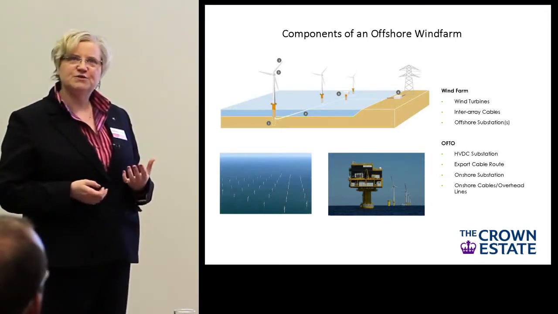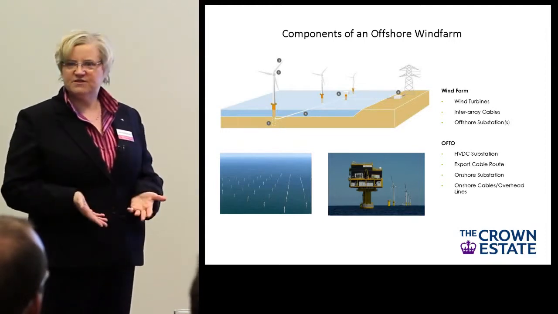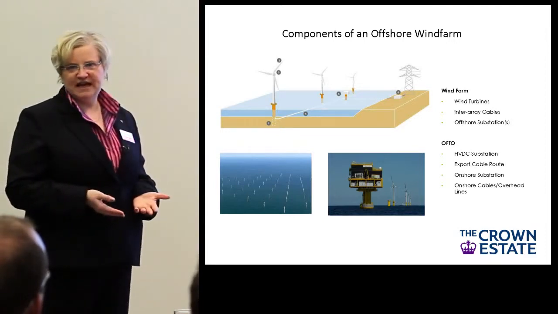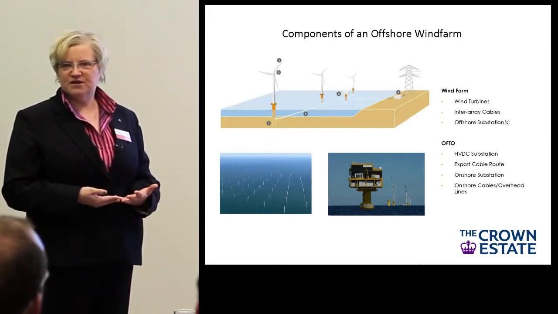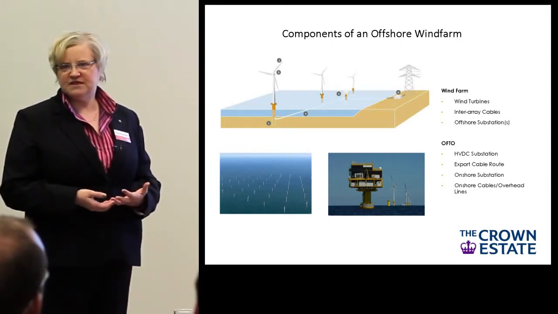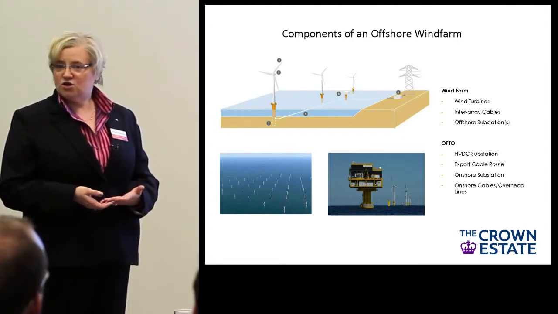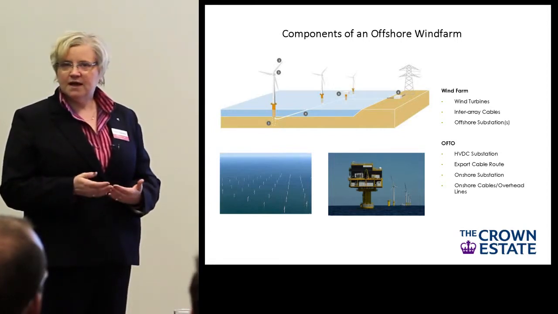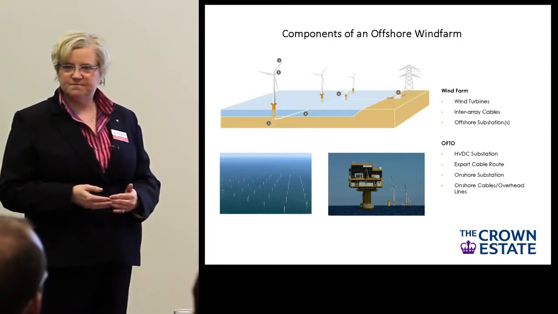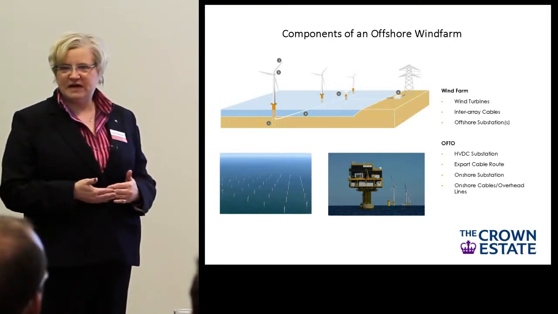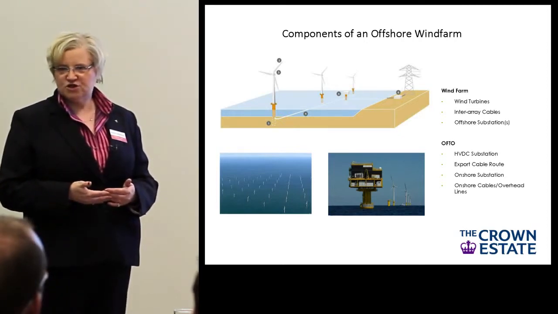Developers will have to list the types of foundation within their planning application. And the types of foundation are usually based on what turbine they're putting on it, the depth of the seabed, and cost, ultimately. In the Moray Firth, they have water depths of 50 metres. So you have 50 metres of metal to get to the top of the water. Then you've got to have a little bit above the water.